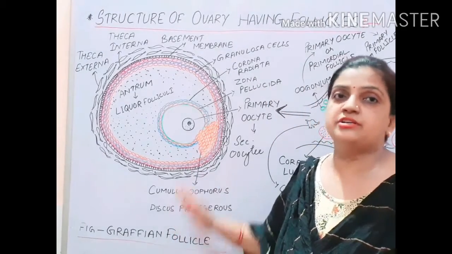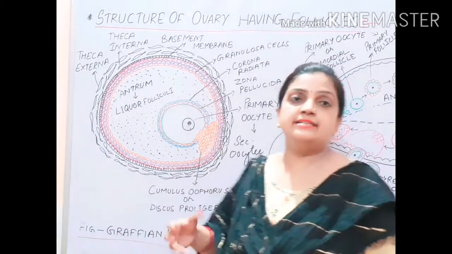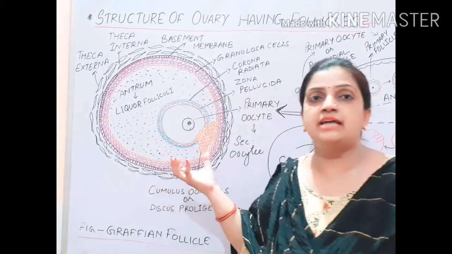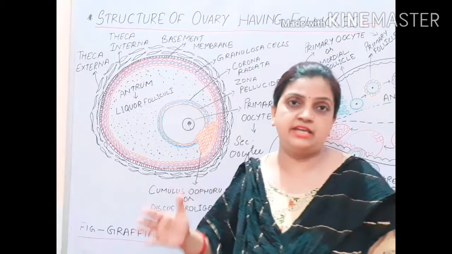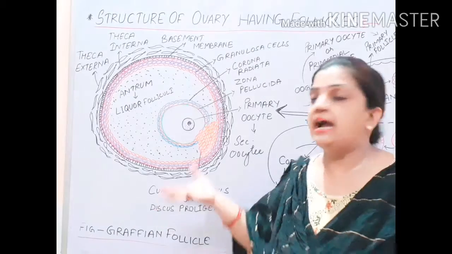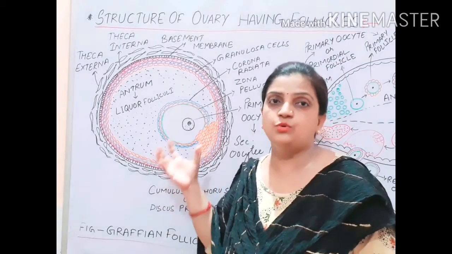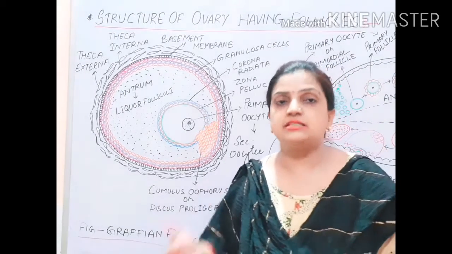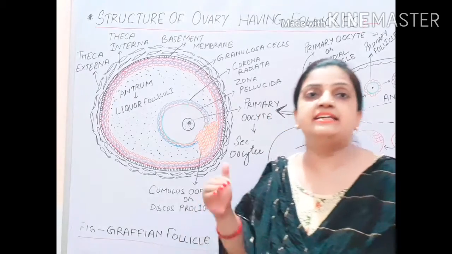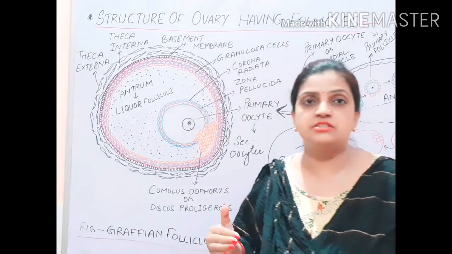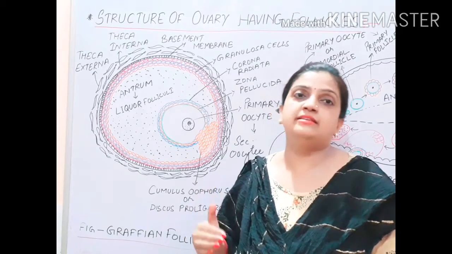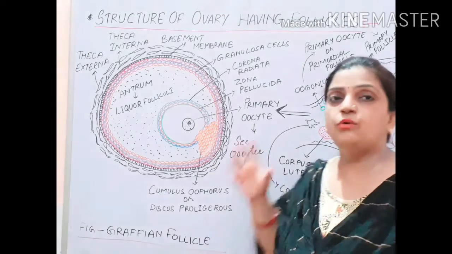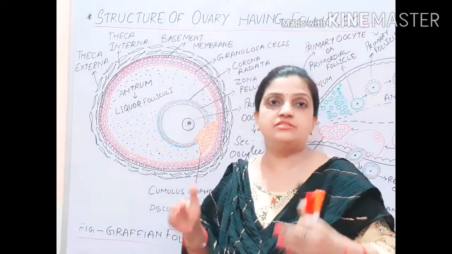and the Graafian follicle structure is formed, and this Graafian follicle is responsible for holding the primary oocyte, where the primary oocyte completes its meiosis first stage and enters into meiosis second, and it gets converted into secondary oocyte, which is released into the fallopian tube, into the oviduct by the ovulation process, and it gets ready for the fertilization process inside the fallopian tube in the ampulla position. If you remember the structure of the oviduct, it is over there where your fertilization is going to take place.